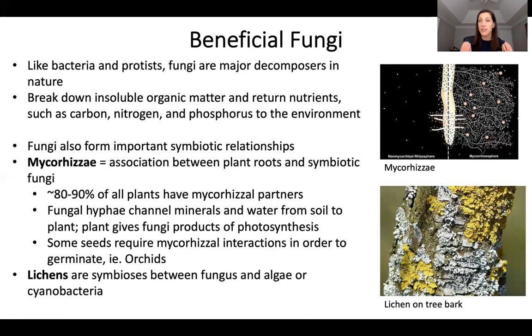So the relationship that's going on in a lichen is the same idea as what's going on in a mycorrhizal interaction between a plant and a fungus, only this time you've got a microscopic photosynthesizer and a fungus. So instead of having a big photosynthetic plant partner with a fungus, like you have in mycorrhizal interactions, you've got a little photosynthetic partner, an algae or a cyanobacterium, and a fungal partner. And together, they do the same thing. The photosynthetic partner gives the sugar, the fungal partner donates some of its excess mineral nutrition, and together they form lichen.